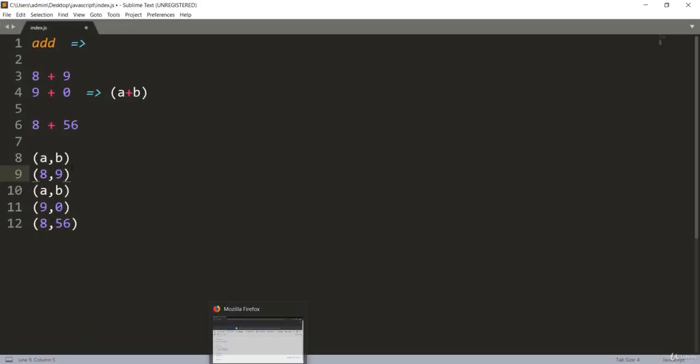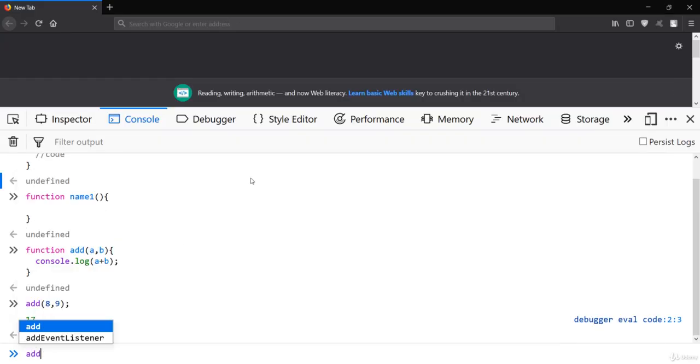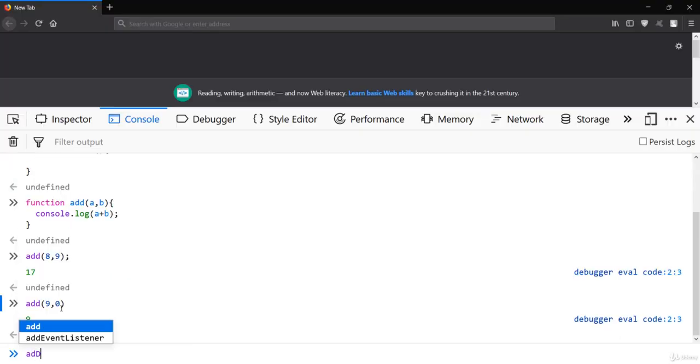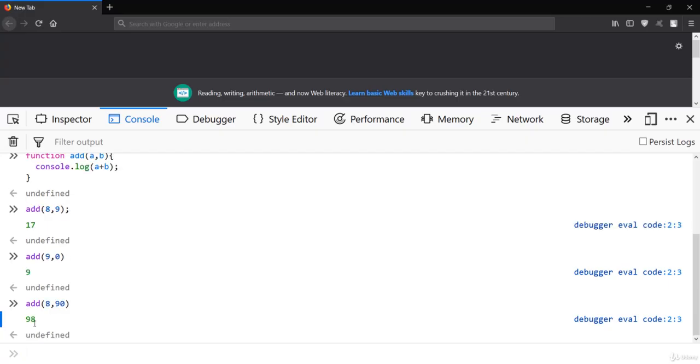So the second was 9 and 0, so you can simply do the same operation with the next value, which is 9, and again you can do multiple operations. Just remember that the add should be the same as here, which is the name of the variable, and you will just pass any value over here, and you will get the output straight away after you call that function.